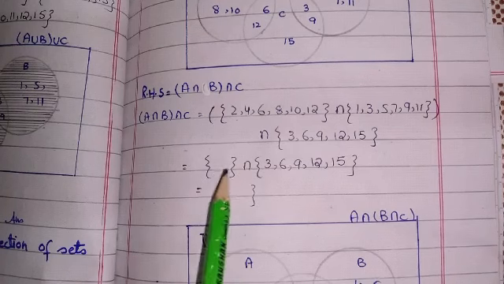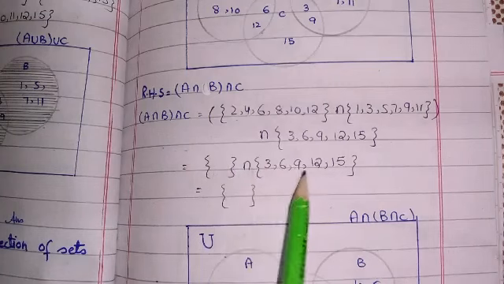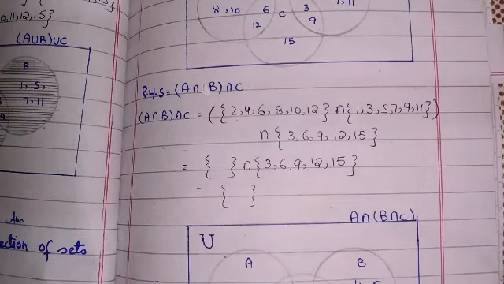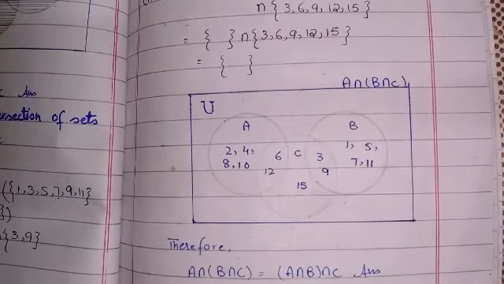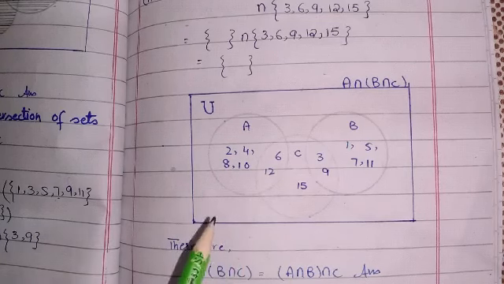And when we take the intersection of the empty set and set C, as you know there is no common element in both, so we will write the empty set. Now students, let's move towards its Venn diagram. Same as the left hand side, we will draw the same diagram, but there is no shading because there are no common elements in all the sets.